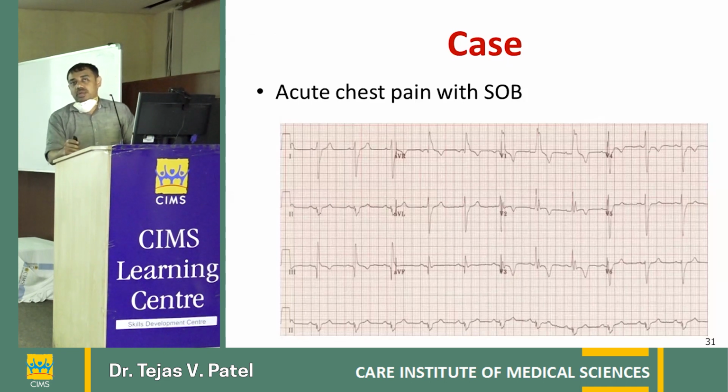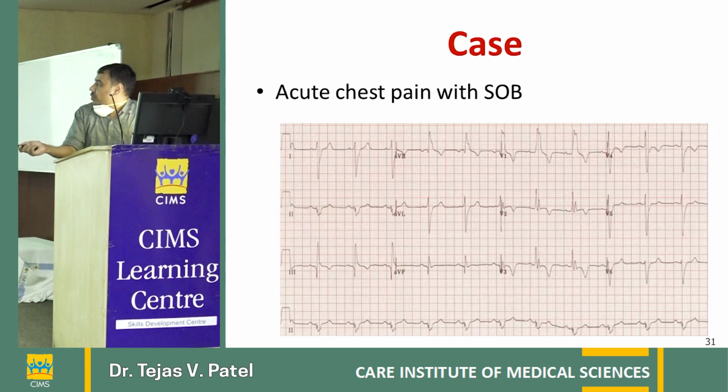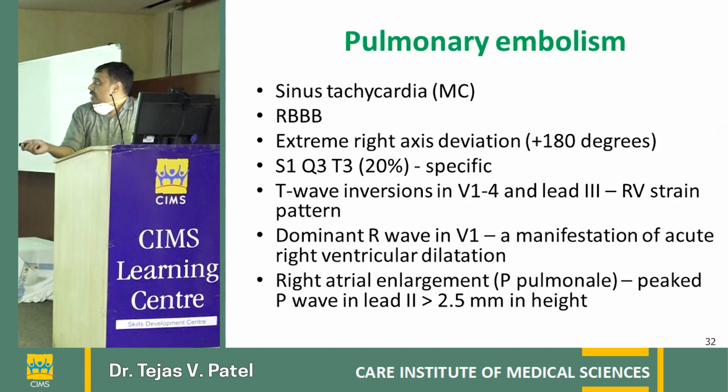RBBB, very good. At least you can find RBBB. That is very, very good. Why pulmonary embolism? Very good. Excellent. So you can see it here. There is a deep S wave, S1, and Q and T inversion in lead 3. That is a very specific finding in pulmonary embolism, and it is present in only 20% of the patients. With this, if I write that the patient came with desaturation, it's very obvious that the patient has pulmonary embolism, right? And these are the ECG features. Obviously, RBBB, RV strain patterns, right axis deviation, even T wave inversion.